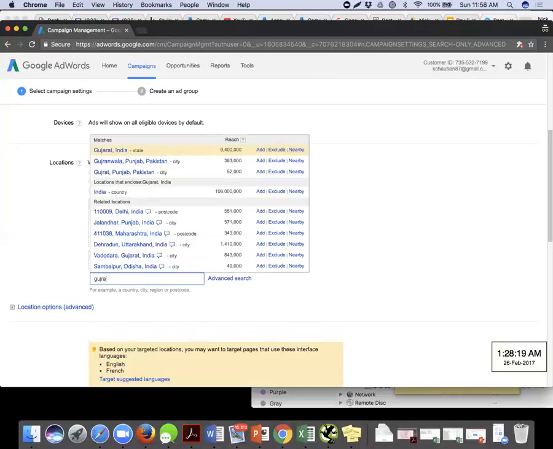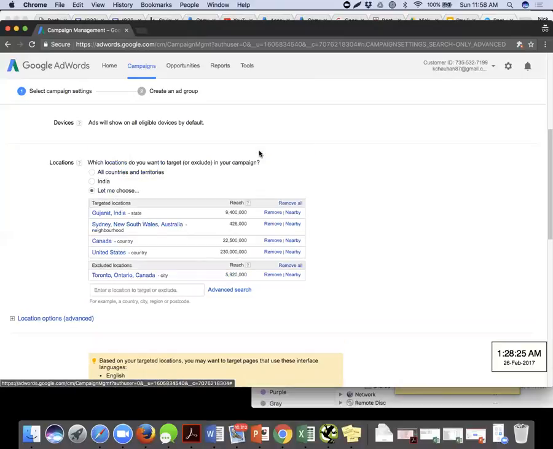So Gujarat is a state in India, so we can click on add over here. So we have got a city selected, we have got a couple of countries selected, we have got a state selected. In terms of exclusion, we can exclude a city, we can exclude a state also, right? The way we have excluded a city, we can even exclude a state.